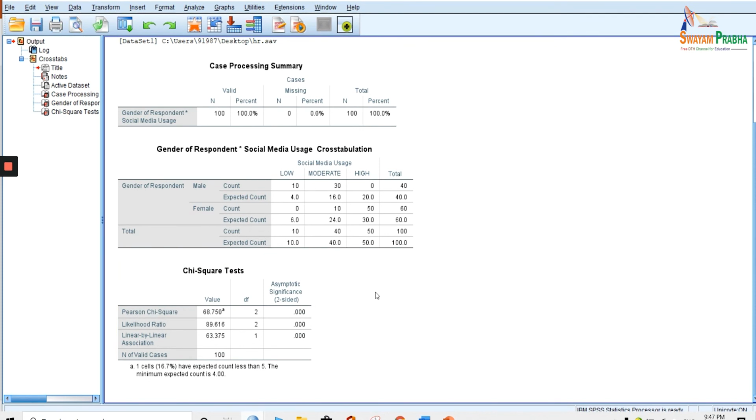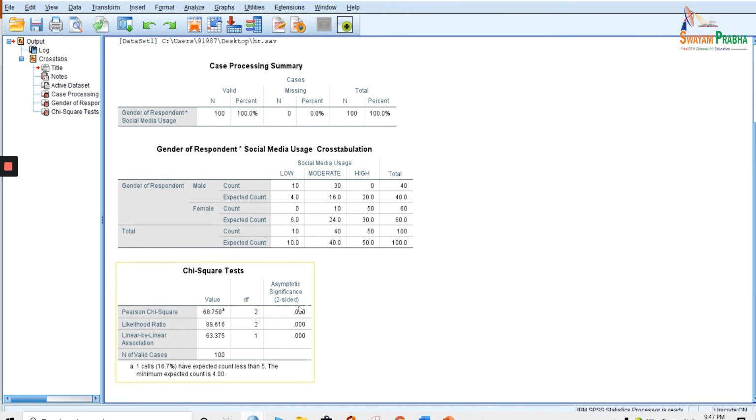When I am saying benchmark, what does it mean? If I am working on a 95% confidence level, then my benchmark will be 0.05. If I am working on a 99% confidence level, then my benchmark will be 0.01. And similarly, if I am working on 90%, my benchmark in that case will be 0.10.